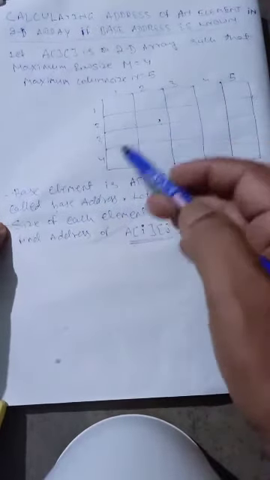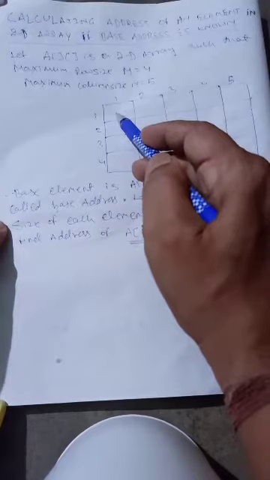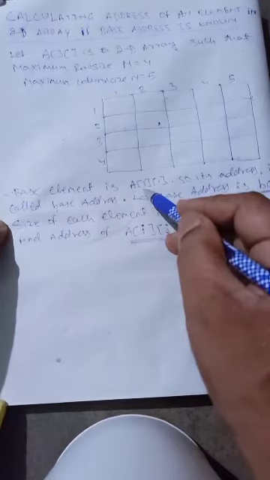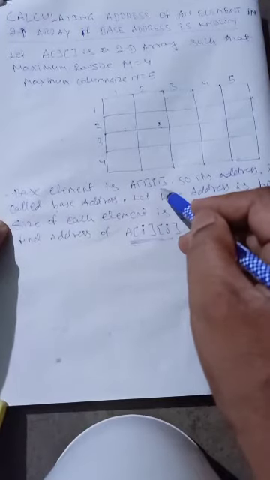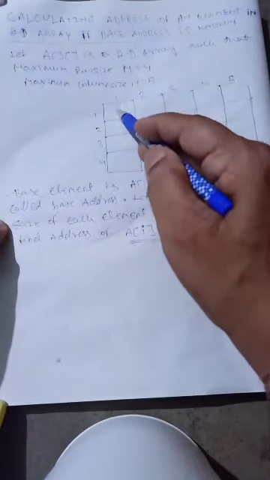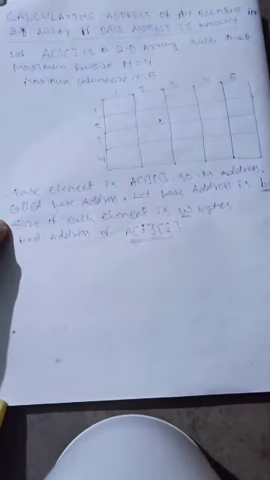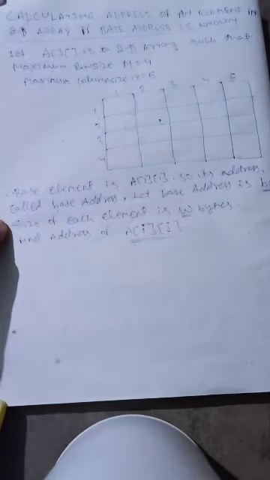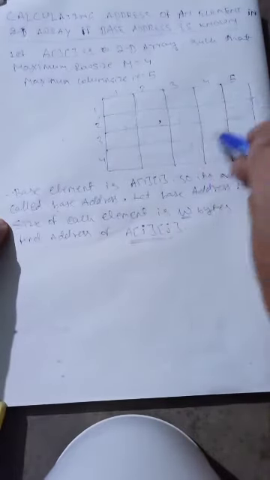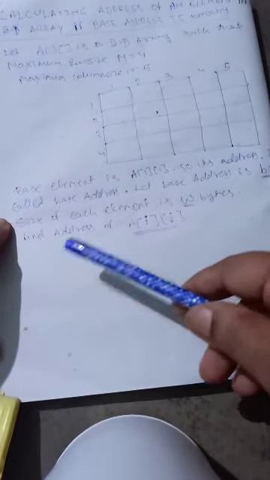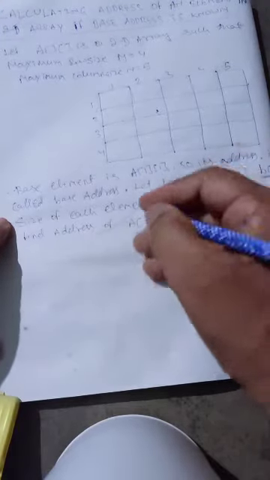Now suppose in this array the base element is this one. My first element is known as the base element, which is A11. This is the row index: the first row index is 1 and the column index is also 1. So this one is the base element, and the address of this particular location will be known as the base address. Now if we know the base address, how can we calculate the address of any other element? That is our objective. So how do we find the address of Aij? Here ij means an element whose row index is i and column index is j.